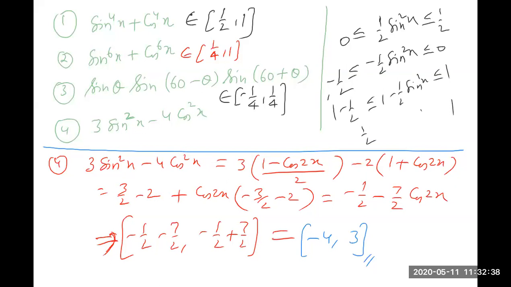What you are saying is this, sir: we simply convert cos 2x in terms of sin square x to get 4 sin square x minus cos square x. Yes, that's also correct. Very good. You can use that also. Convert in one form, either sin square x or cos square x. Then sin square x varies from 0 to 1. That concept you can use. Yes, no problem. But the answer will be the same.